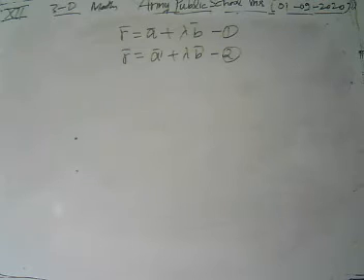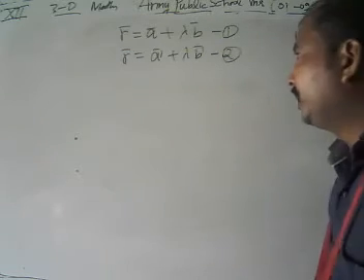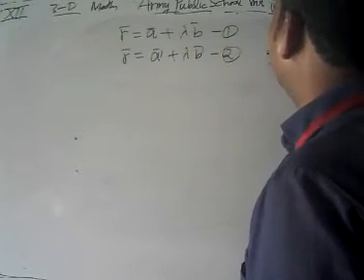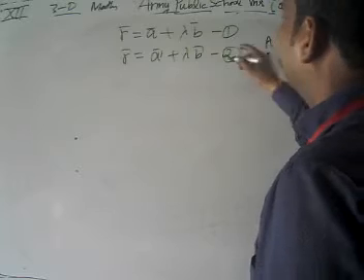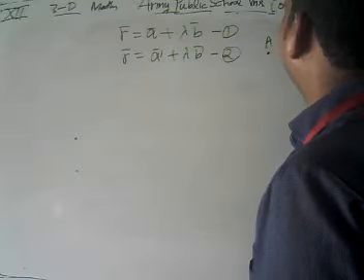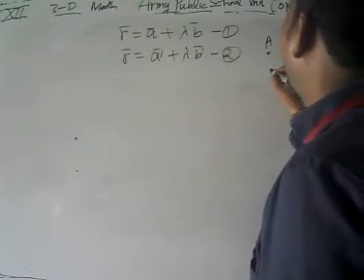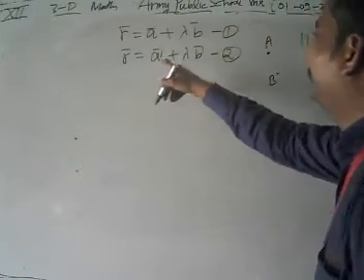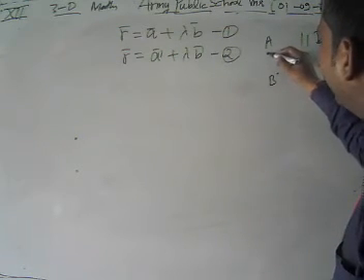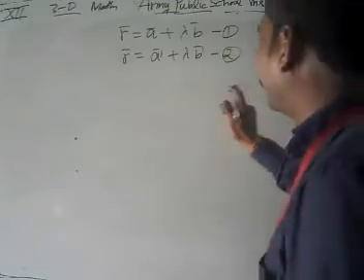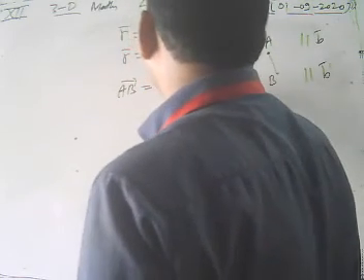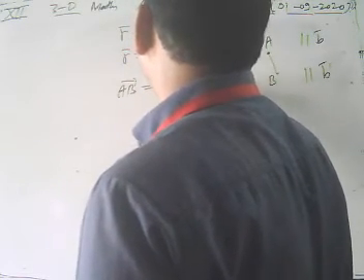Look, the first line passes through some point A and is parallel to vector b. And the second line passes through some point A prime and is parallel to some b prime. Now look, what about the distance vector between them? If we find this distance vector, how can we get it? It is a prime minus vector a.